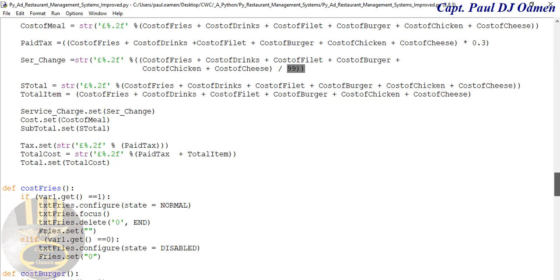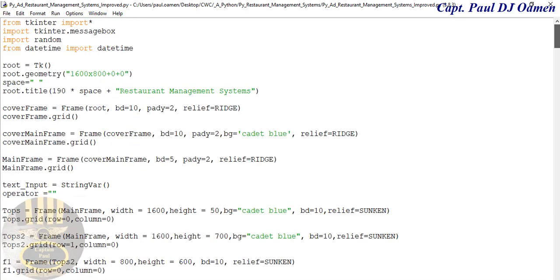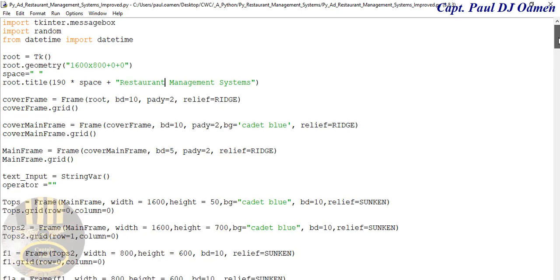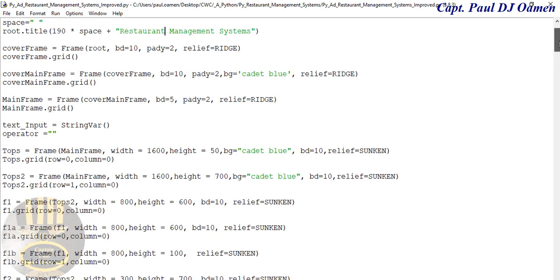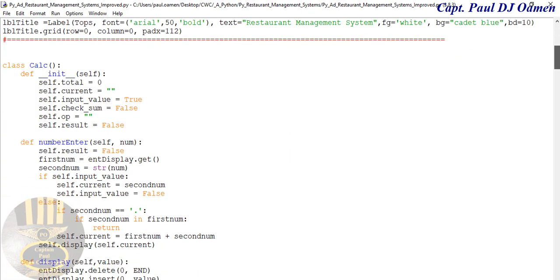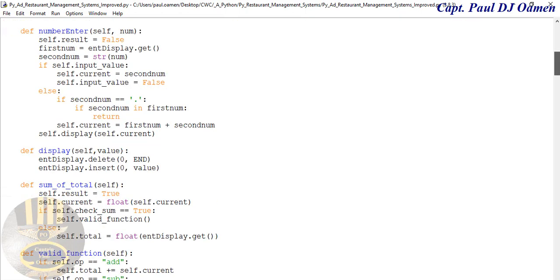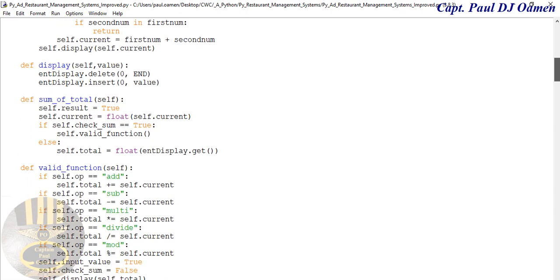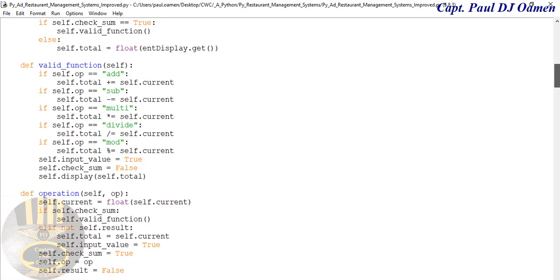And that's how you create your own elegant looking restaurant management system. Okay, take it from the top. Here I get the heading dead center. Okay, those are all my frames. Bring it down. Calculator function, a class was declared for that. Bring it down and down again. For the equals